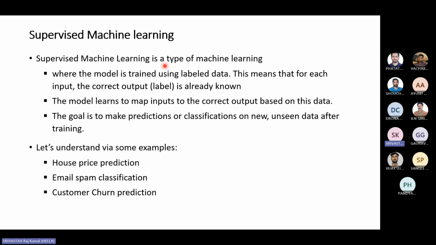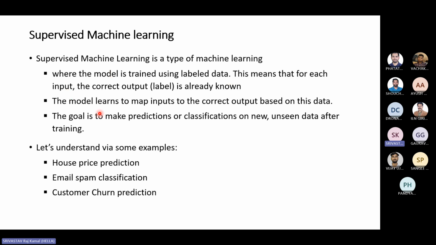When I say supervised machine learning model, here the model is trained using labeled data, basically the ground truth. This means that for each input, the correct output is already known. So for a data point, given the configuration in the rental price problem, you know the known price. You have been given the correct output. This information and the data is provided to you. That is one of the points which says that it's a supervised machine learning problem. Labeled means that the actual numbers are given to you.